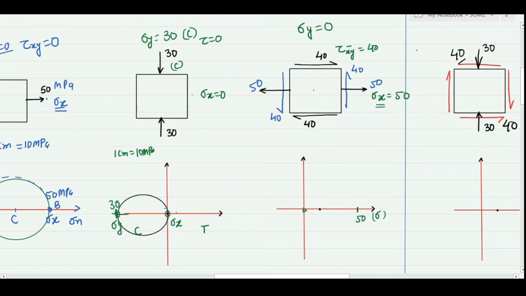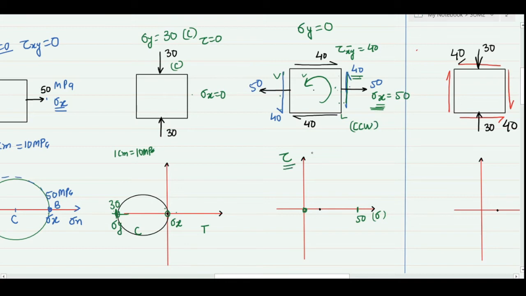Sigma y is 0, so the second point will be here, but as we have shear, we are also going to consider the shear on this vertical direction. So for the first face, which is my vertical face, I am noting that my sigma x is acting on this face, and for this face the shear has a counterclockwise sense. You can see here this upward arrow and the equivalent of this on the other side, and these two arrows are going to make a couple which is acting in the counterclockwise direction. So the shear acting on the vertical face is represented by a counterclockwise couple on my Mohr circle axis.